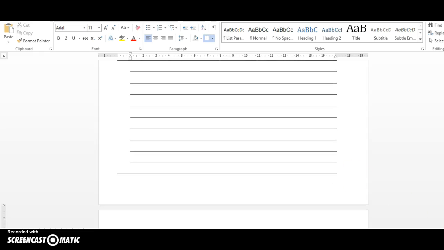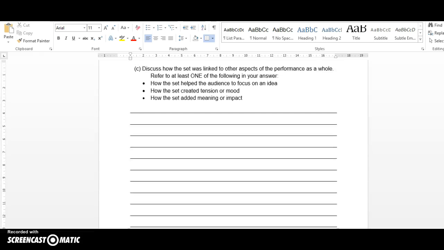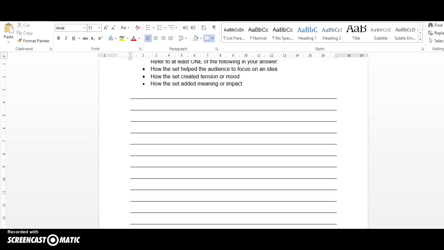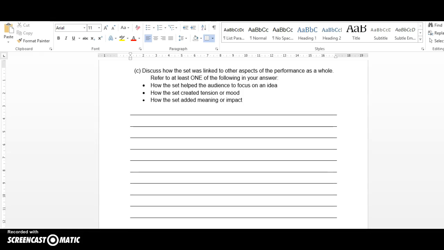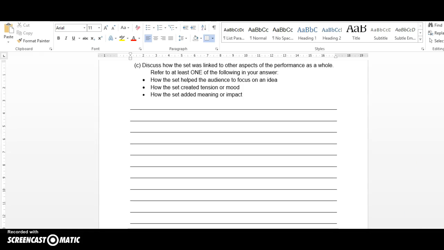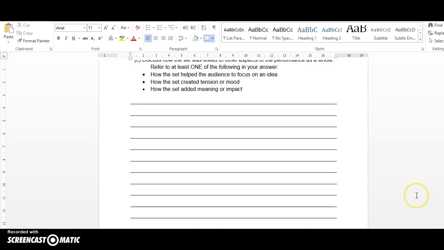Where you can start to get a little bit more creative is here, when we start to talk about how the set helped the audience focus on an idea, and how it created tension, or how it added meaning or impact. So I think what you need to be doing then is talking a lot more in detail, where the